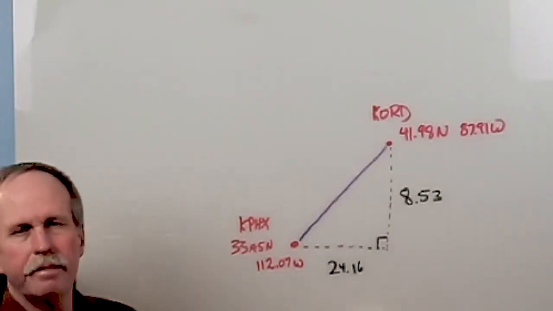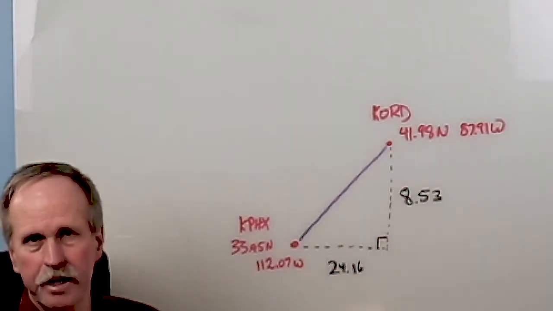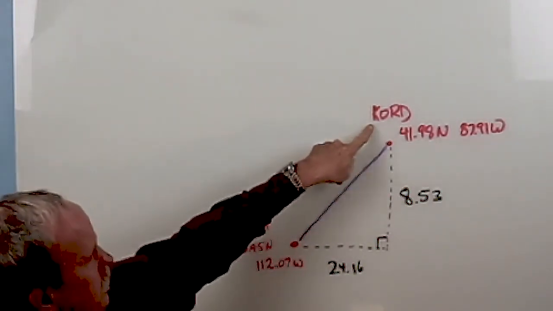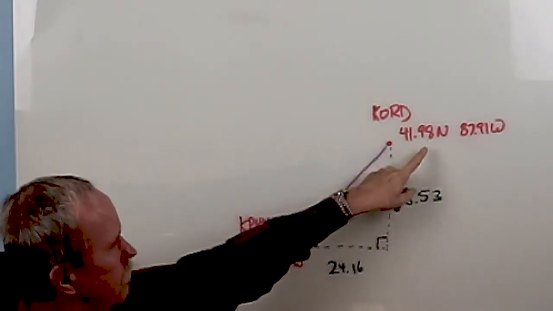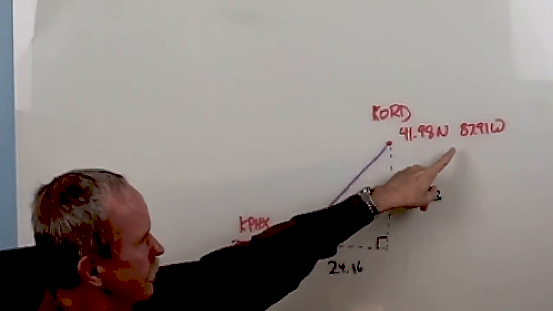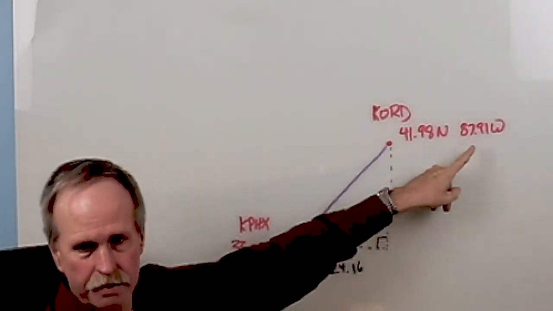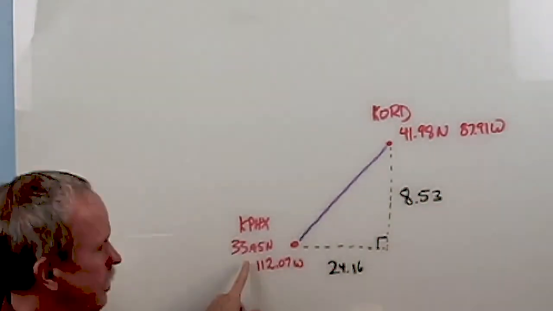Okay, so let's go ahead and have a look at the schematic of this problem. I find drawing a picture is very easy for me to understand, and hopefully that'll help you some too. So here is Chicago O'Hare. It's located at 41.98 degrees north, 87.91 degrees west. Here is Phoenix. It's at 33.45 north and